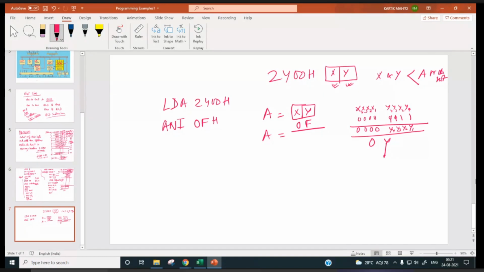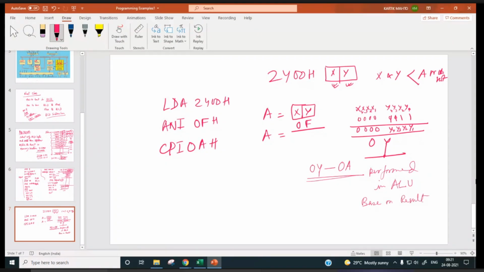Now, if you do CPI 0AH, what will happen? 0Y, which is in the accumulator, and 0A subtraction will be performed in the ALU. Based on the result, flags are going to be affected.